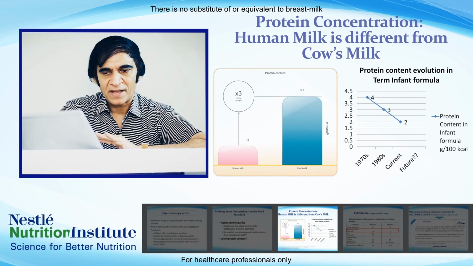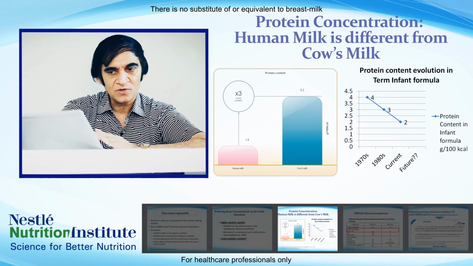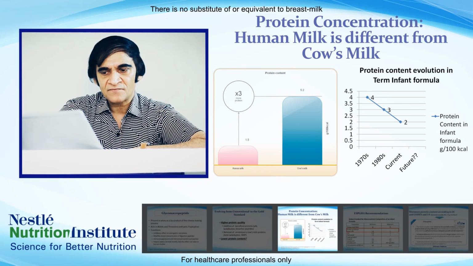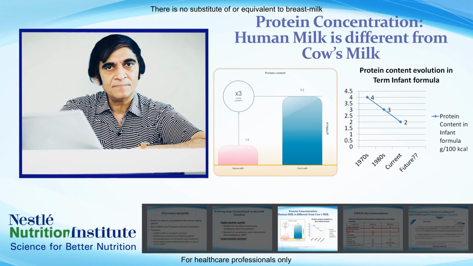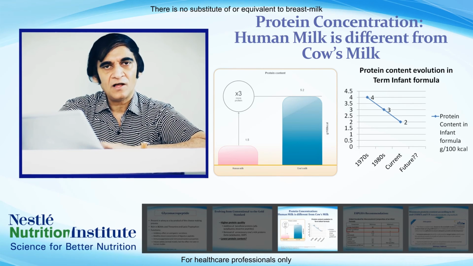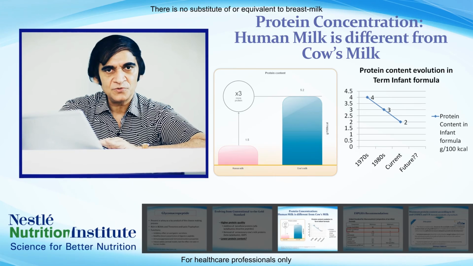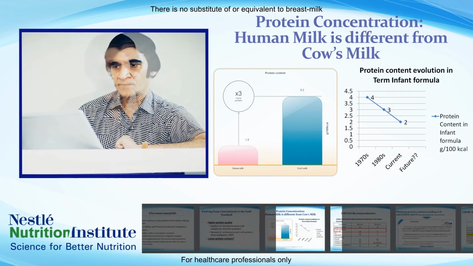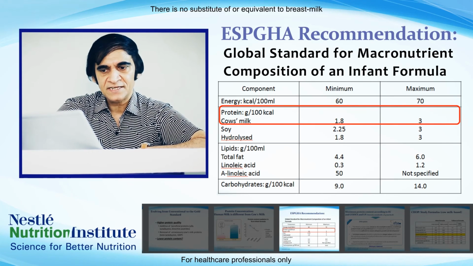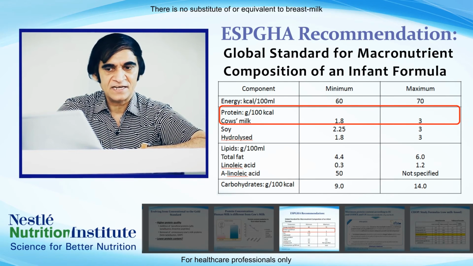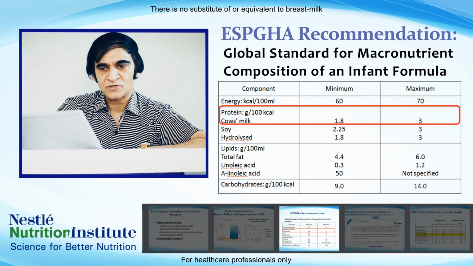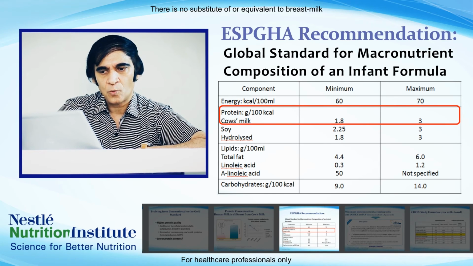The aim is to match the protein content of the breast milk. So in this slide on the left hand side shows that the protein content of the cow's milk is almost 3 times that of human milk. So our aim is to match the protein content of infant formula close to human milk or breast milk. The global standard for macronutrients composition of an infant formula, we are targeting the protein content, as I earlier said, close to human milk. So our target is the content of protein in infant formula will be close to 1.8